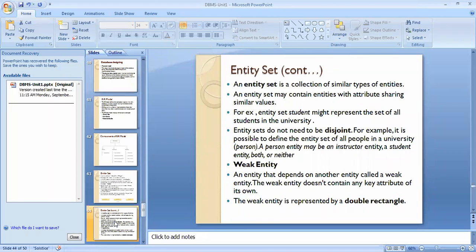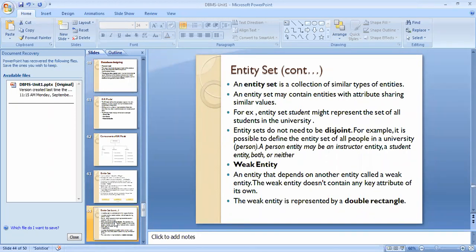But suppose, as a poor database designer, someone creates a person table in the Solapur University database. As a member of the university, each and every entity comes into that table: teacher entity, student entity, teaching staff entity, board of directors entity.